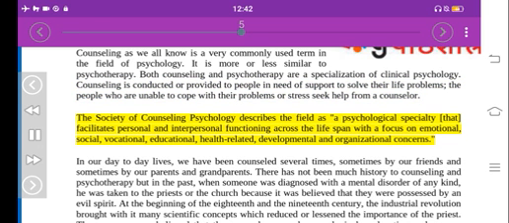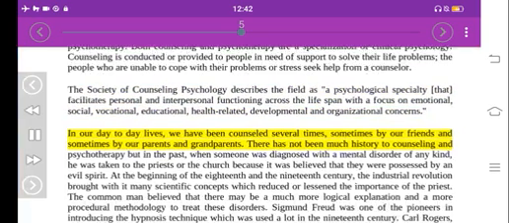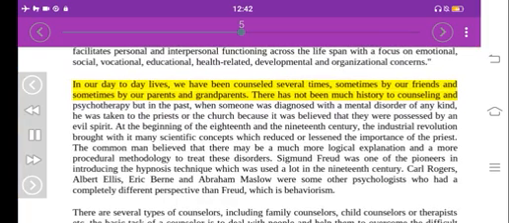The Society of Counseling Psychology describes the field as a psychological specialty that facilitates personal and interpersonal functioning across the lifespan with a focus on emotional, social, vocational, educational, health-related, developmental and organizational concerns. In our day-to-day lives, we have been counseled several times, sometimes by our friends and sometimes by our parents and